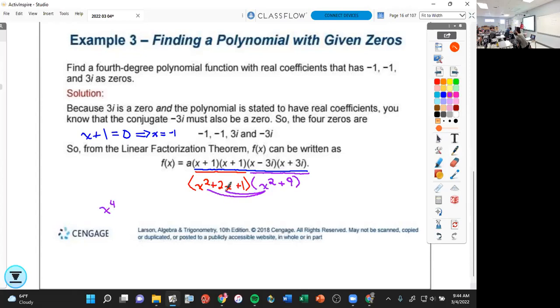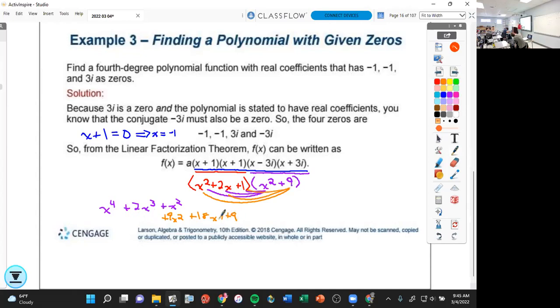X squared times 2x plus 2x cubed. X squared times 1 plus x squared. Keep going. The 9 times x squared plus 9x squared. 9 times 2x plus 18x plus,